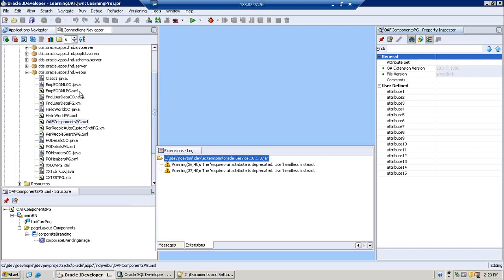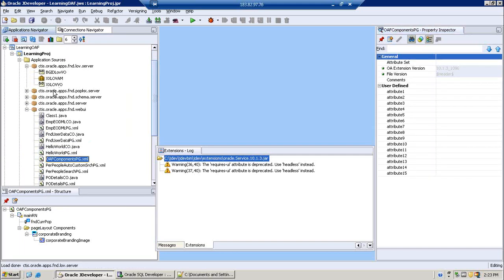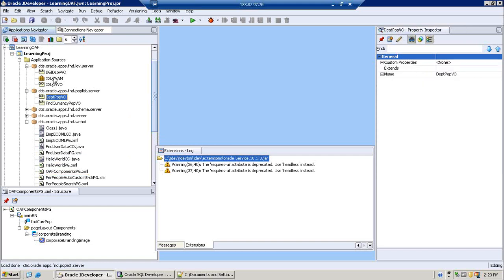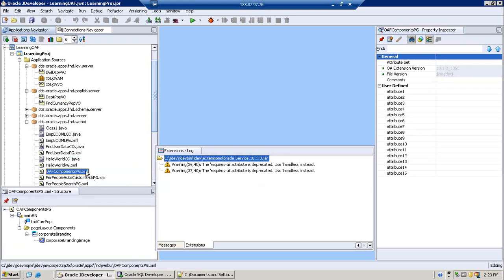Yeah. So we already have LOVs and some published, right? In our page, we already have LOVs as well as published. This is our pop list and this is our logo. So what I will do is, in our generic component page, in our OAF component page is there, right? So for this, in this page, what I will try to do,